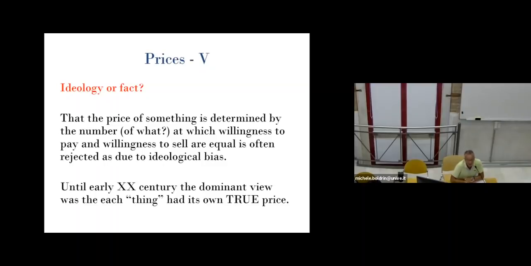They gave it very many names: the normal price, the long run price, the fair price, the true price, the just price. But roughly they were going around the same idea,